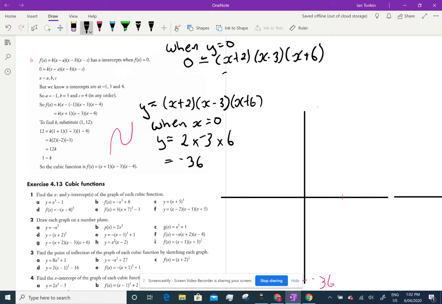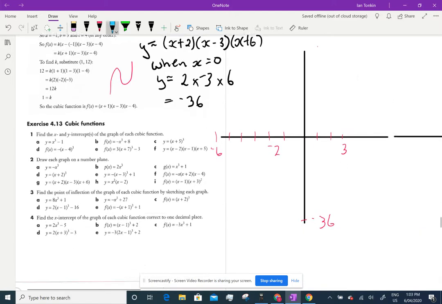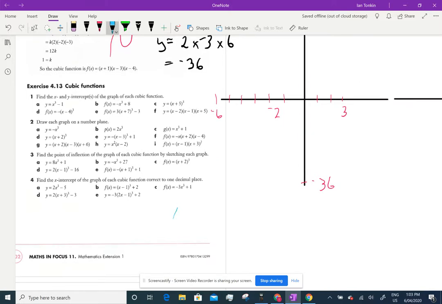Oh, well, that gives me x equals negative 2, x equals 3, and x equals negative 6. So, 1, 2, 3, 4, 5, 6, negative 6. 1, 2, 3, and negative 2. That means that this curve does something like